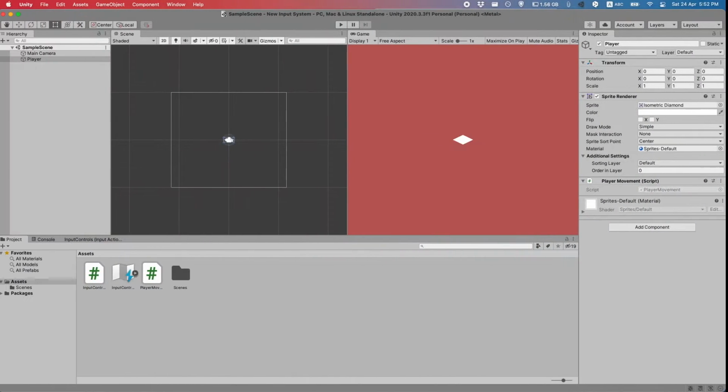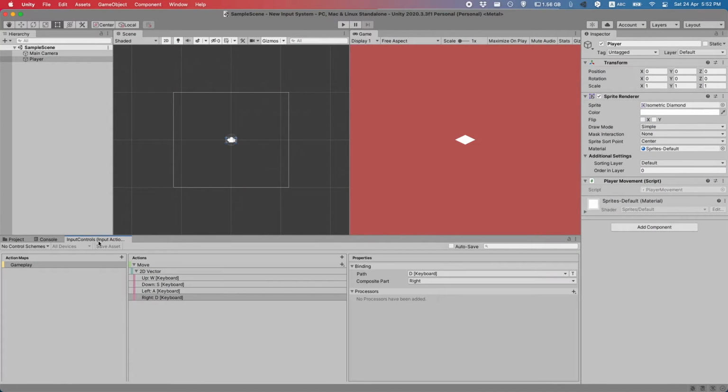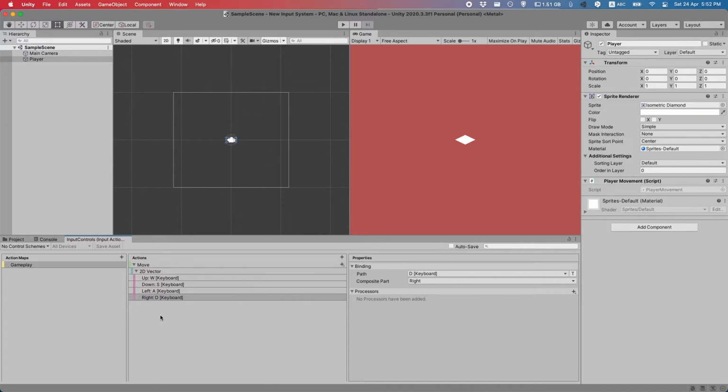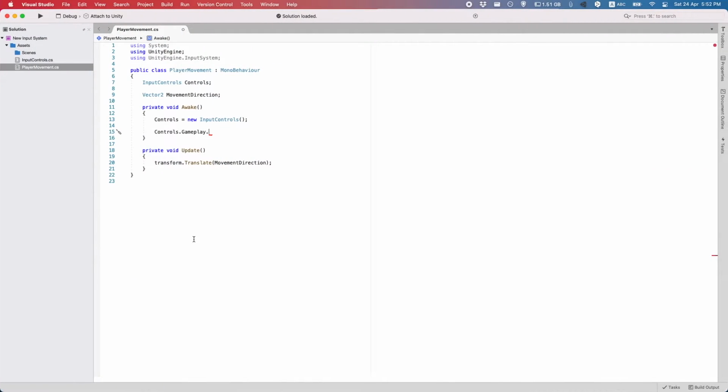dot, and then we look at our input controls here. Our action map is Gameplay, so we do controls.Gameplay dot, and then the action we're looking at is Move. So we do dot Move and then dot performed. So when this move action is performed, we're going to want to change the movement direction. The syntax for this is a bit weird, but we do plus equals